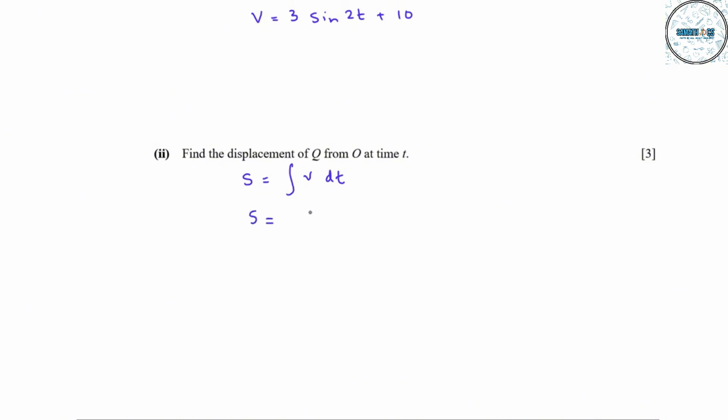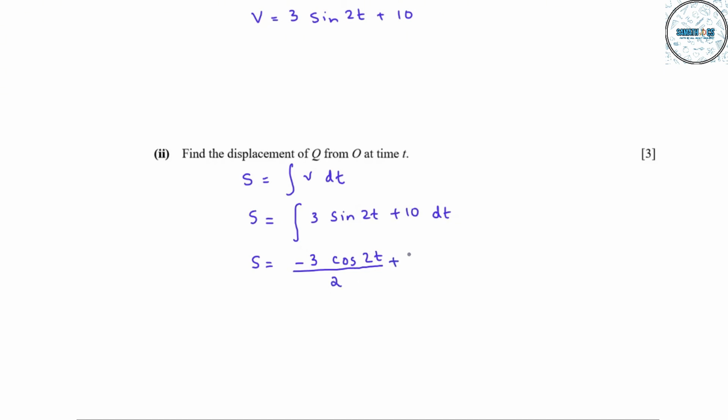So S is equal to integral of 3 sine 2t plus 10 dt. When we integrate sine, we get minus cos. So we will have minus 3 cos 2t, and it is to be divided by differential of 2t, which is 2